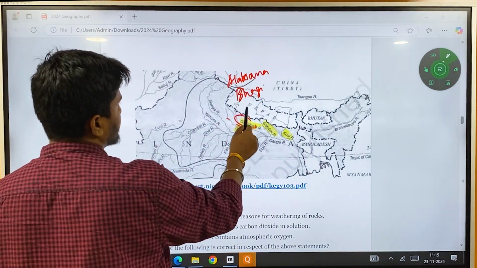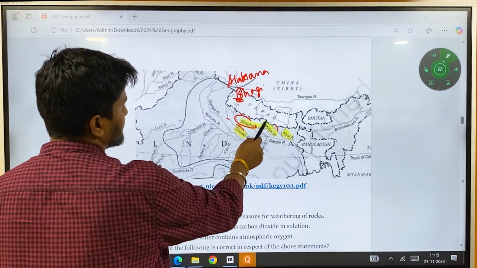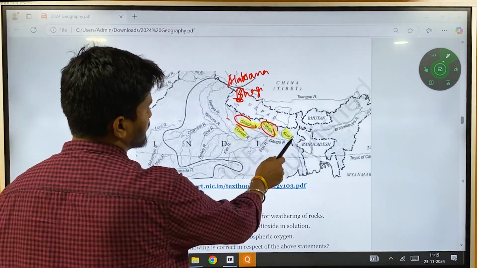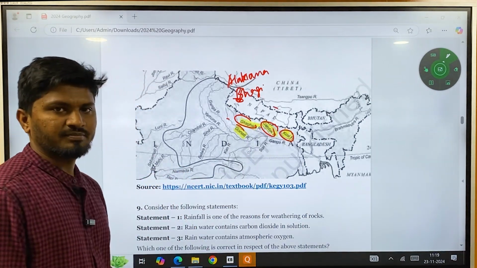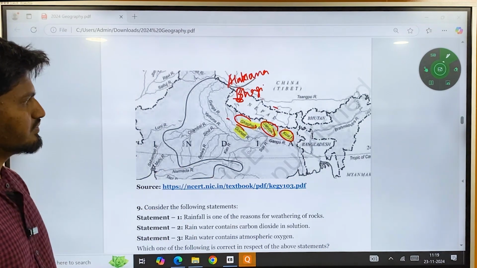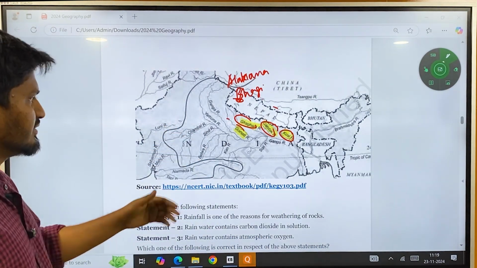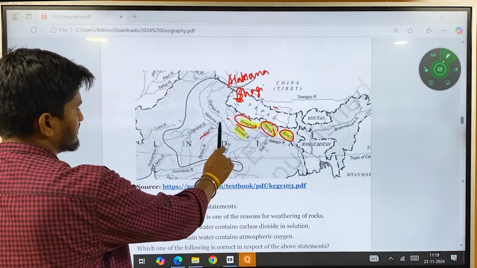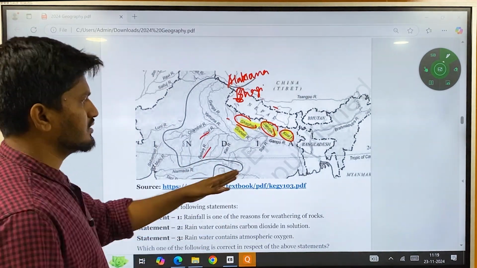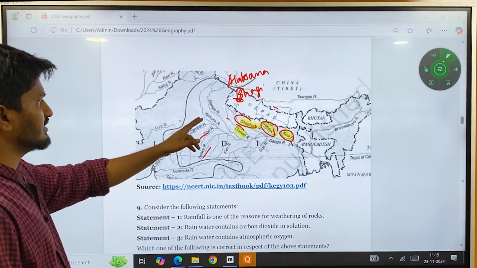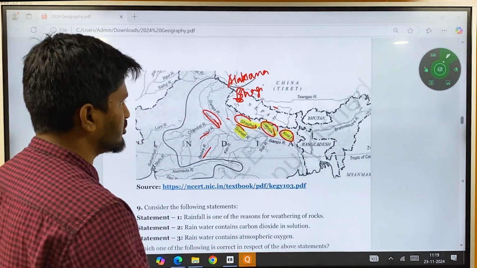So Gagra actually initiates from Nepal only, and then Gandak, it is also initiating from Nepal, and then Kosi, it is from the Tibetan plateau, and they are going to flow like this. After Kosi in the south, these are the left bank tributaries. The right bank tributaries are Chambal, Sindh, Betwa, Ken, Son, etc. And finally Yamuna. So this is about Ganga.